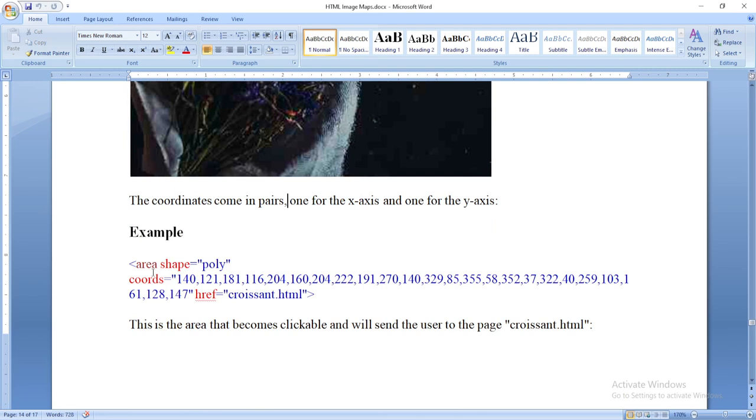For example, if we want to use the poly attribute to draw any polygon, we have to use the area tag. Inside the area tag, we use the shape attribute along with the poly value. When we use the poly value, we use quotes. When we use quotes, then we are going to put